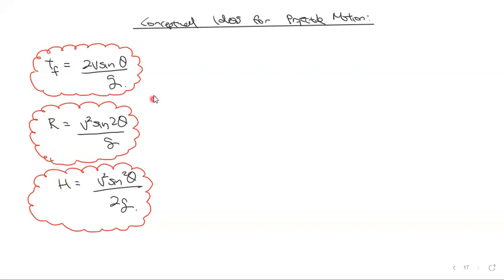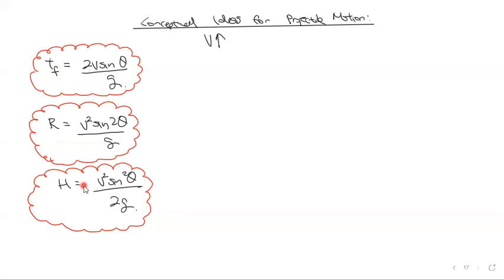Yeah. So, and we'll also look at G. G is not usually varied too much. Sometimes they do vary G in physics, but let's just look at how each of these three things is going to be affected by the variables of V, theta, and G. So if V goes up,